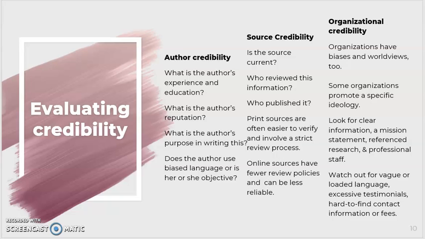With organizational credibility, this is with, if you have an author or a publication that is tied to